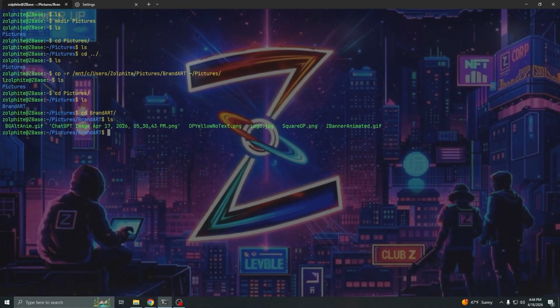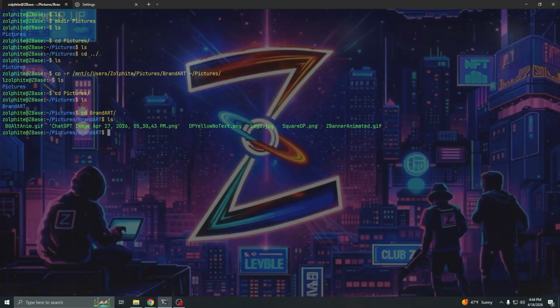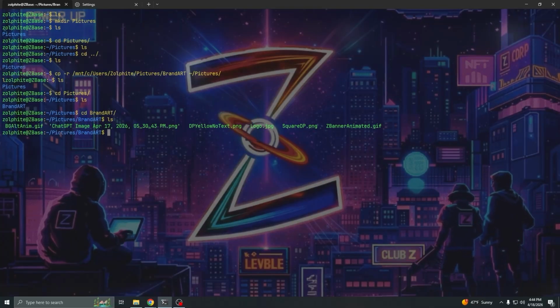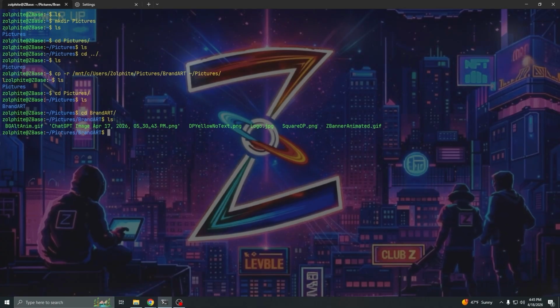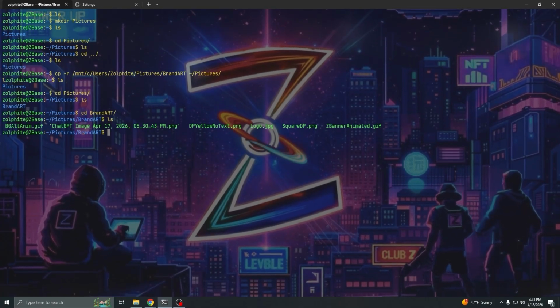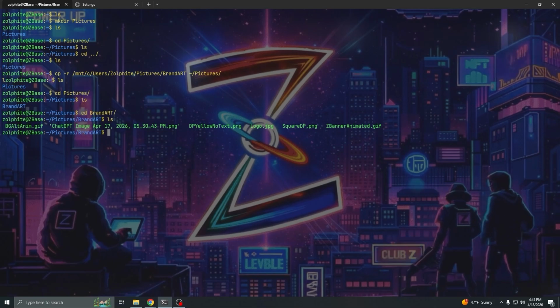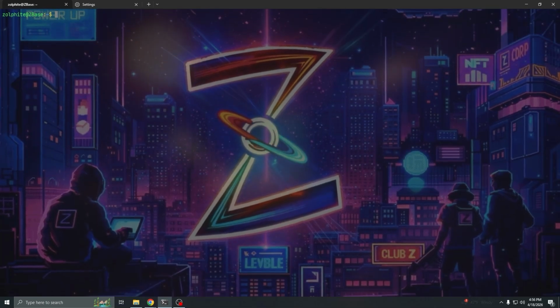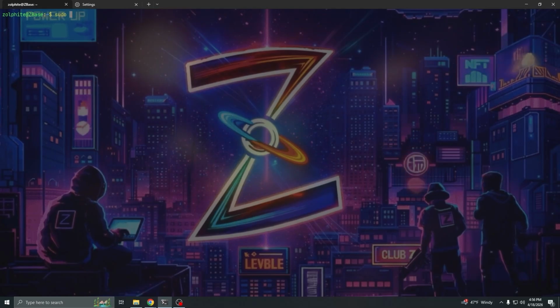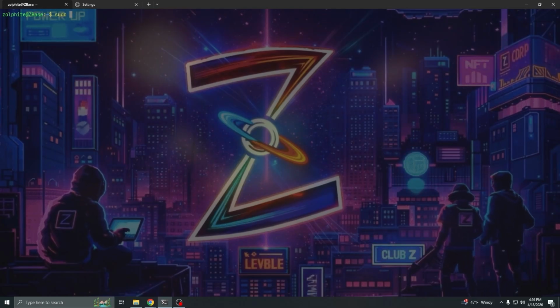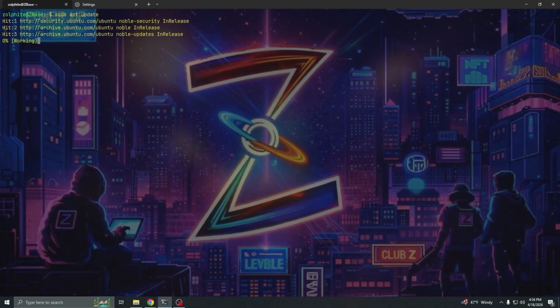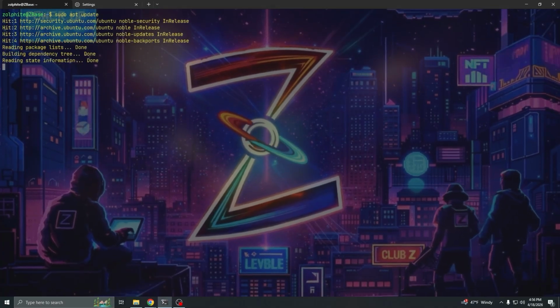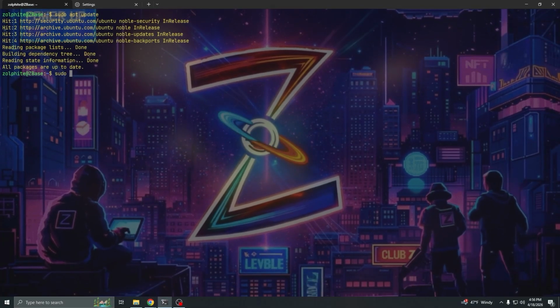And then brand art has all these images, but right now we can't display them because we don't have image to Sixel, I believe, or whatever it is. So now we work on actually installing ImageMagick 6. So to start off with, to get ImageMagick going, we'll do a normal sudo apt update, and then we want to do